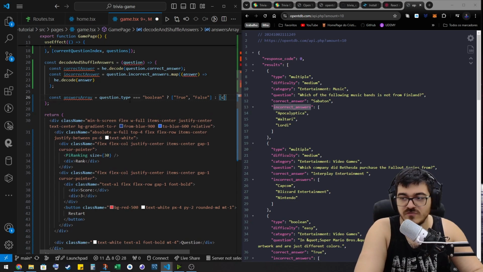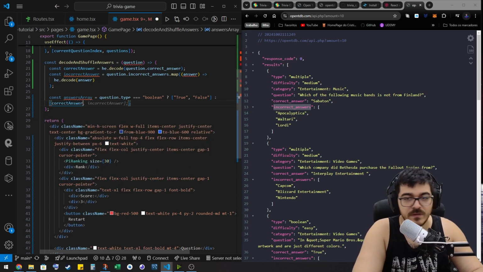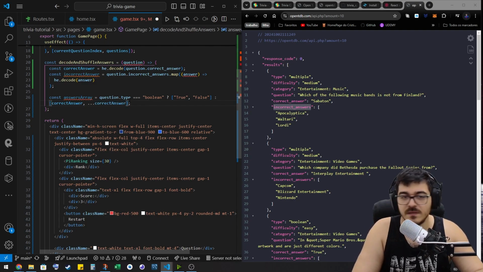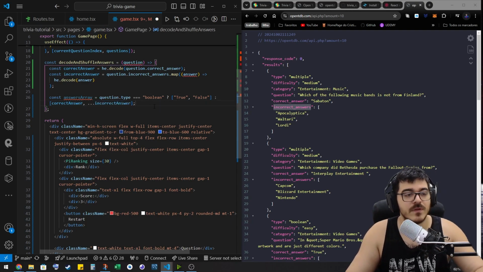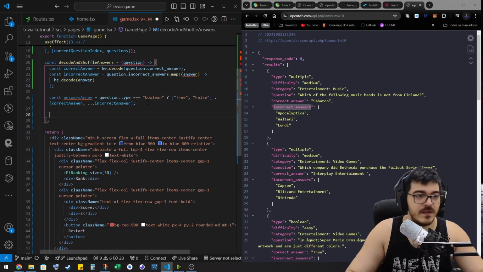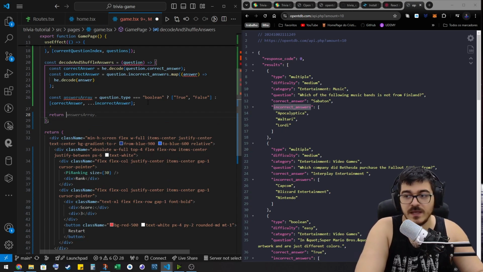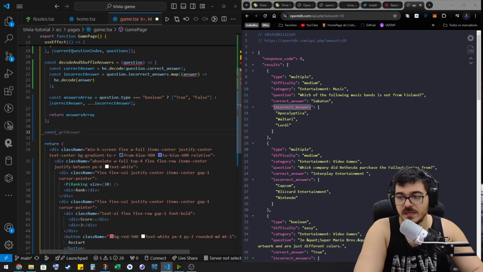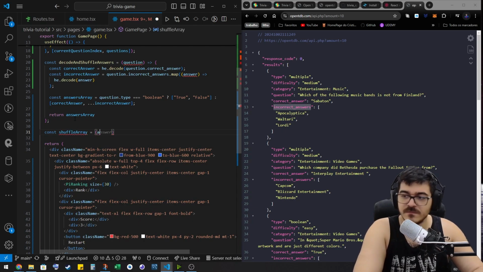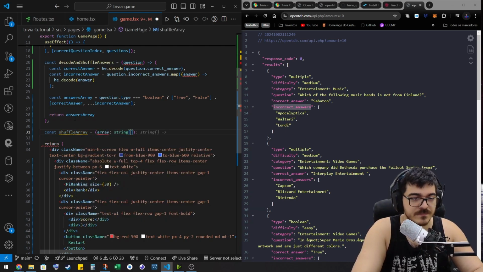Or if it's not, it's just like correct answer, and I'm going to add the incorrect answer actually. There we go. Now this is an array, and I'm going to return it, and I'm going to shuffle this. I can do like this, but I need to shuffle. So I'm going to build like a shuffle array that is going to receive an array, of course string,